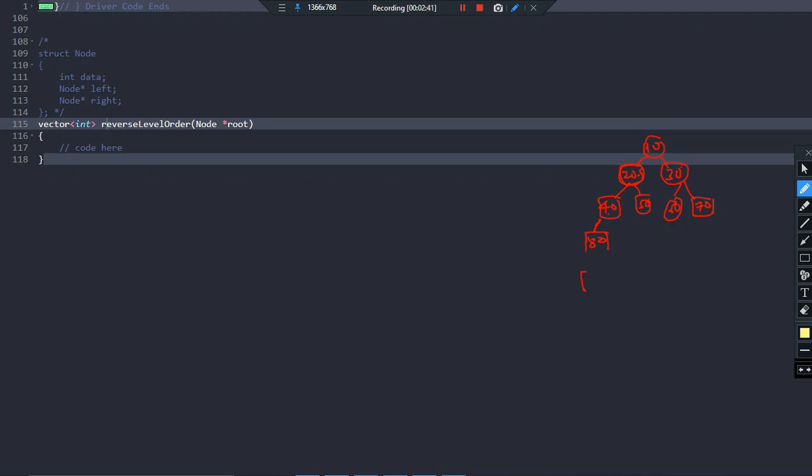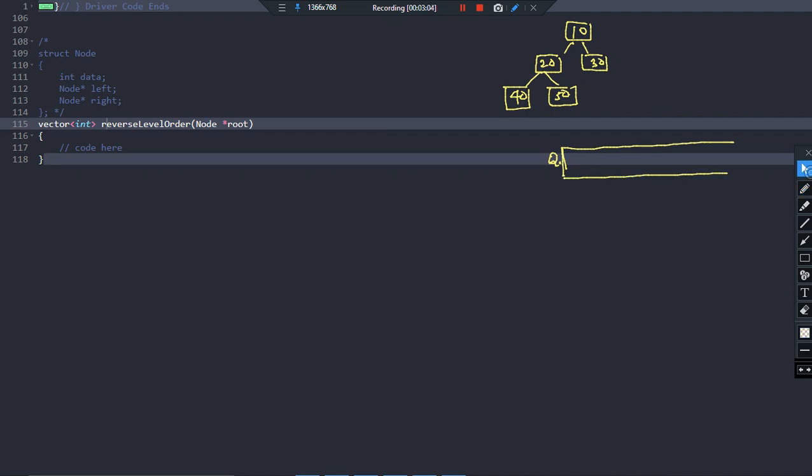So what happens in level order traversal? Suppose the tree is 10, 20, 30, 40 and 50. Now what we do is generally declare a queue.